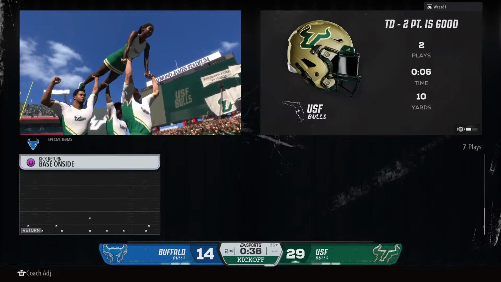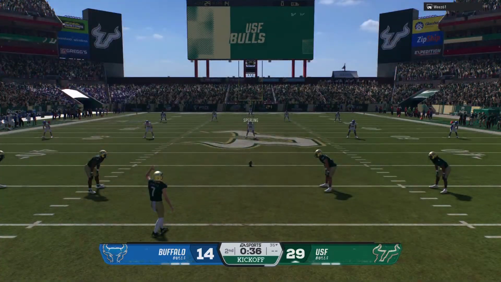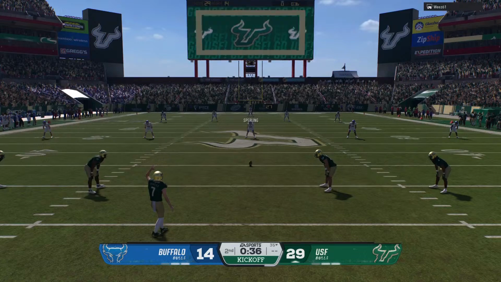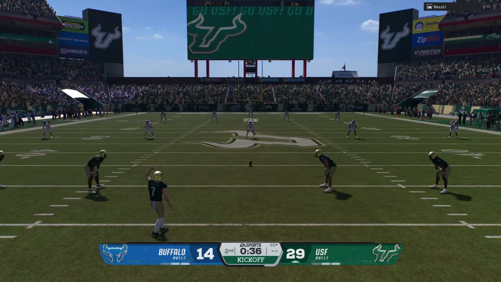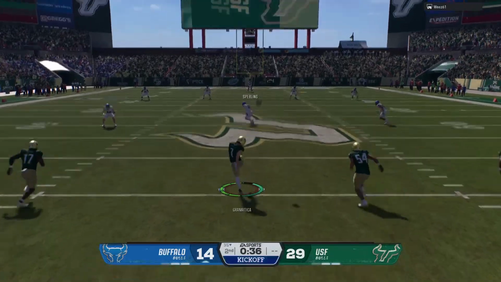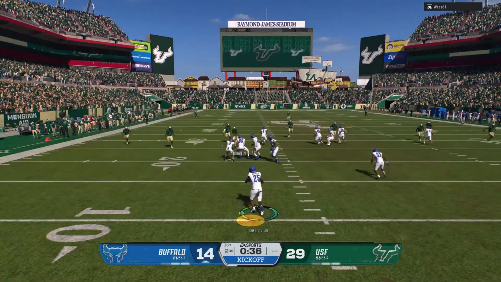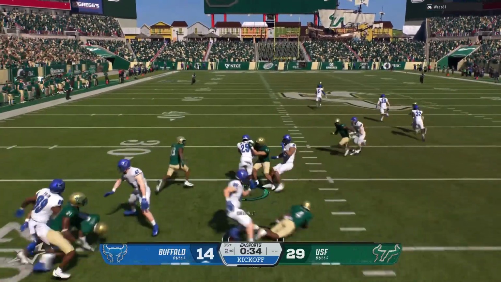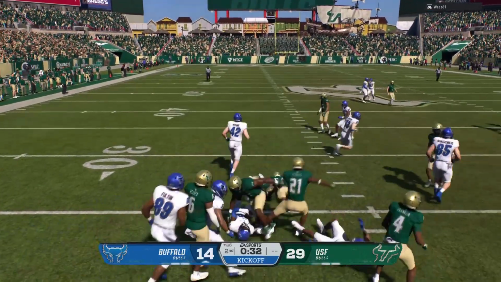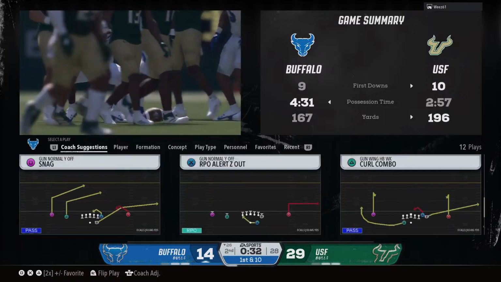They wasted no time on that drive. 2 plays, touchdown just like that. Kickoff unit on the field, and this defense will be called on to protect this lead. From inside the 15, here comes the return. Able to find enough room to get it out across the 25. He's brought down at the 26.